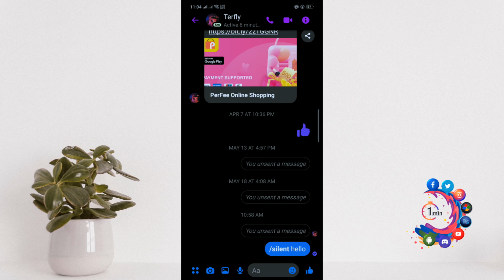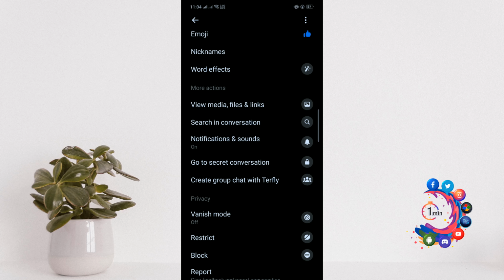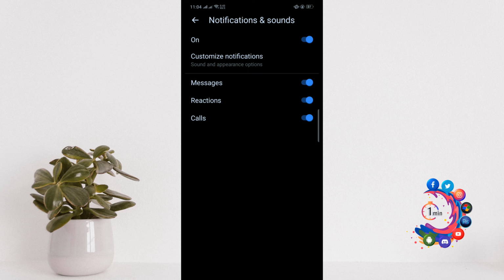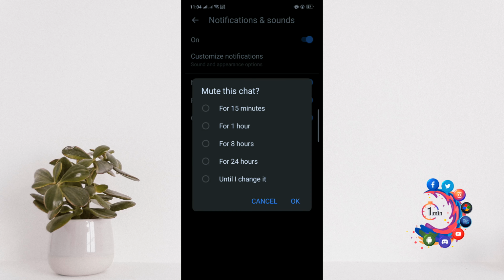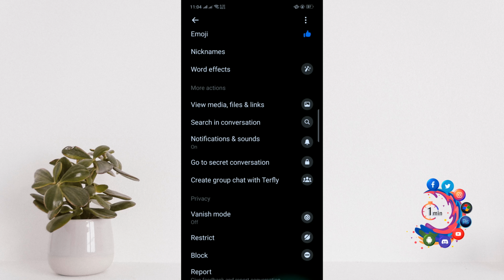So open the particular conversation and click on this I button in the right hand corner, and here you'll find this notification and sounds option. So click on that and turn off notification. Now you can select a time. I'm going to select it here until I change it. Okay, so this was the first method to turn off Messenger notification for one person, and the second way is